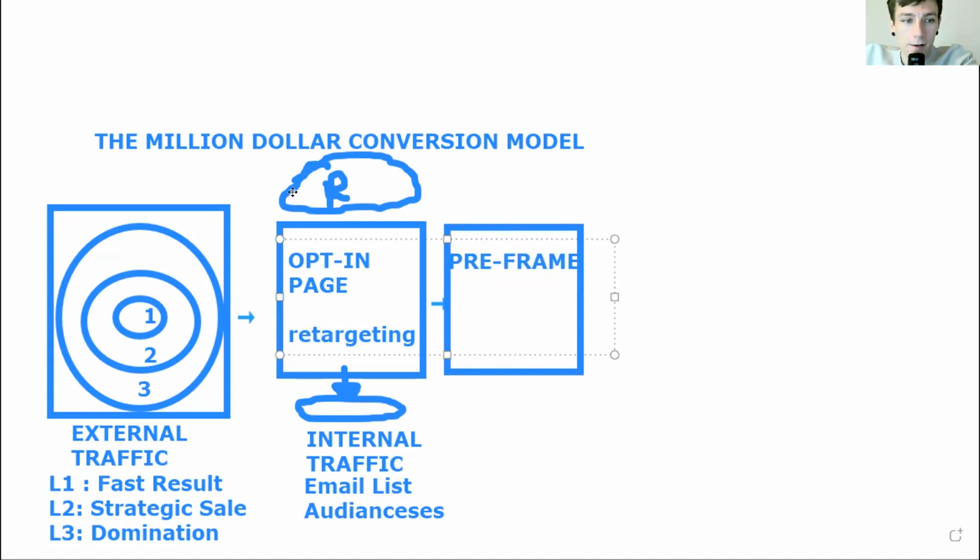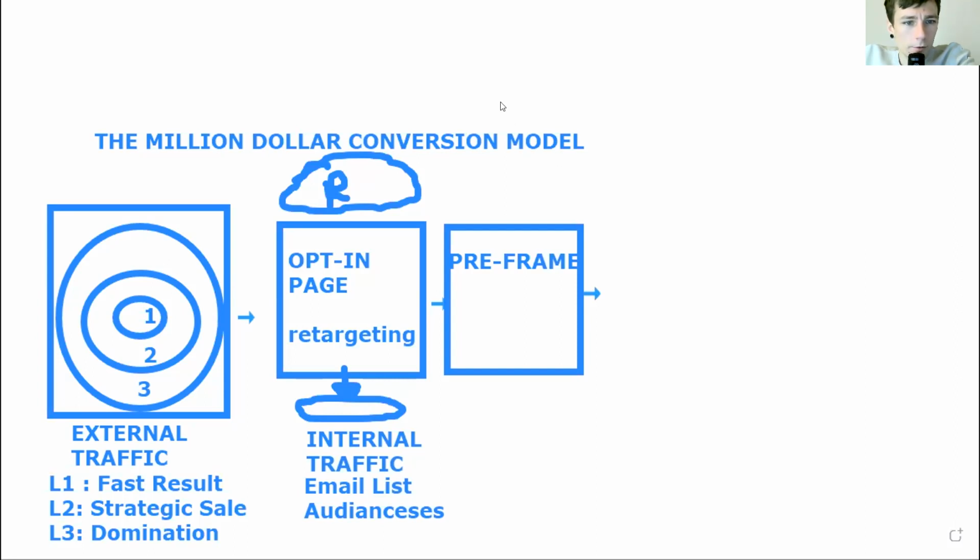You could have a retargeting pixel bringing people back here to opt in, or for the people that already opted in, you wouldn't necessarily want them to opt in again. You could bring them back to this pre-frame page or a different type of pre-frame page that leads to the product. After that, they go to the product.